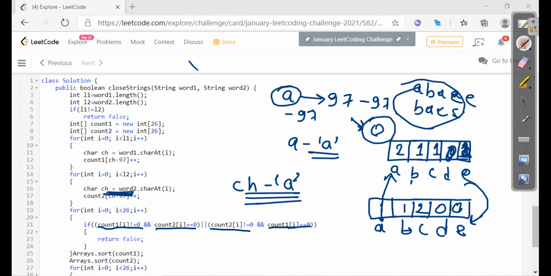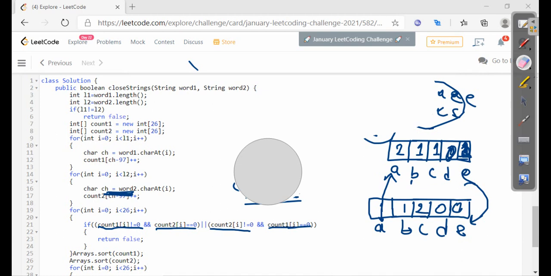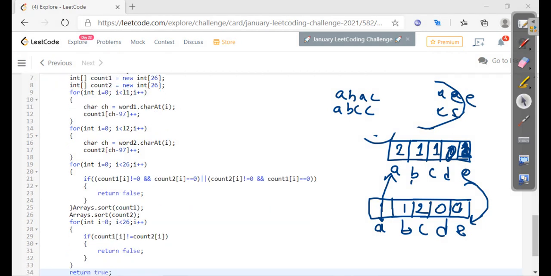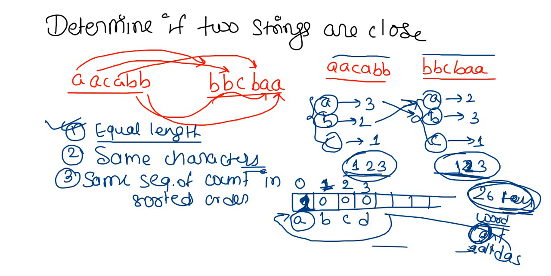Okay, now what we have to do is basically sort the arrays. I have checked that the same characters are present or not, so the second condition is satisfied.